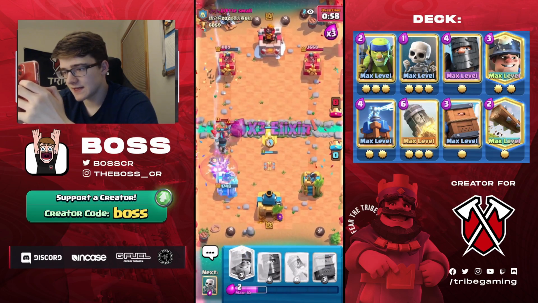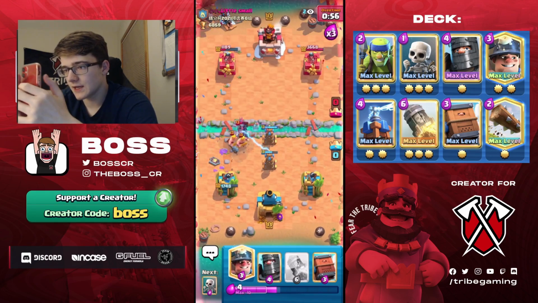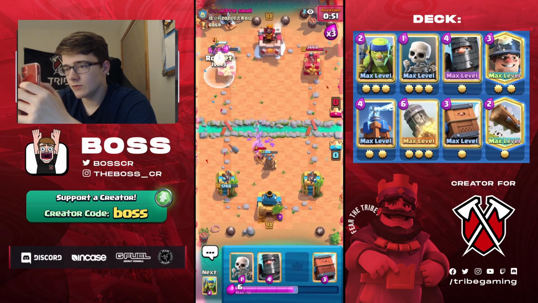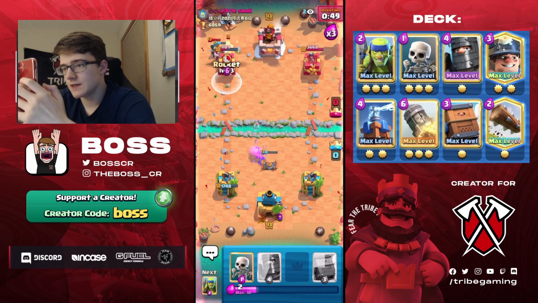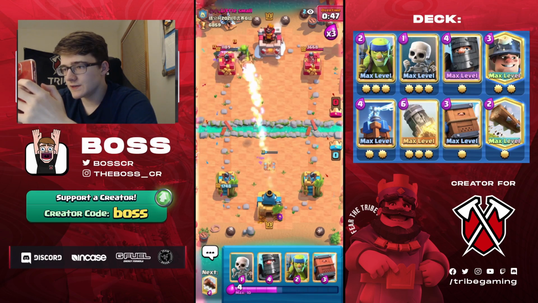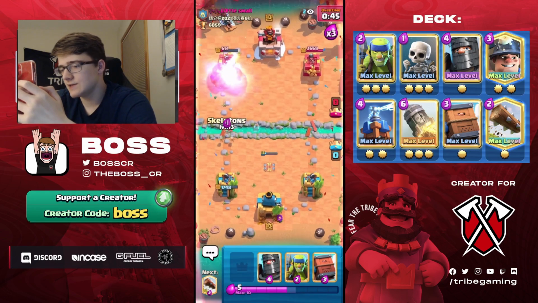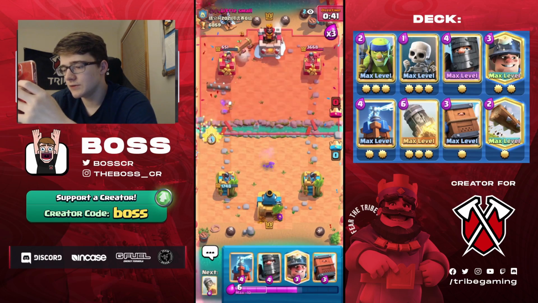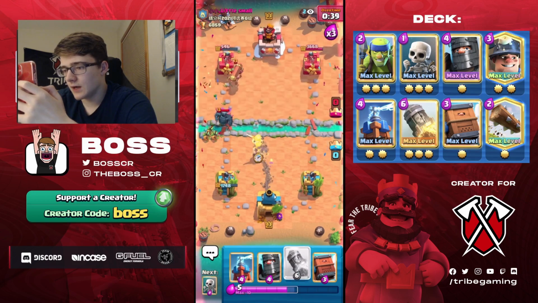He's going to have lightning. He's going to hit pretty much nothing with that lightning. Not the value he was looking for. We can just go Miner here. And then we can actually rocket this. Oh my goodness, he just played the Ghost into the rocket. And he's going to try to spam everything here at the bridge. It's not going to matter because all we got to do is...